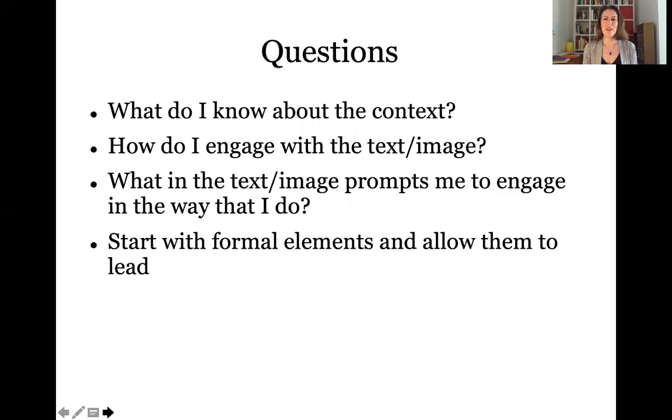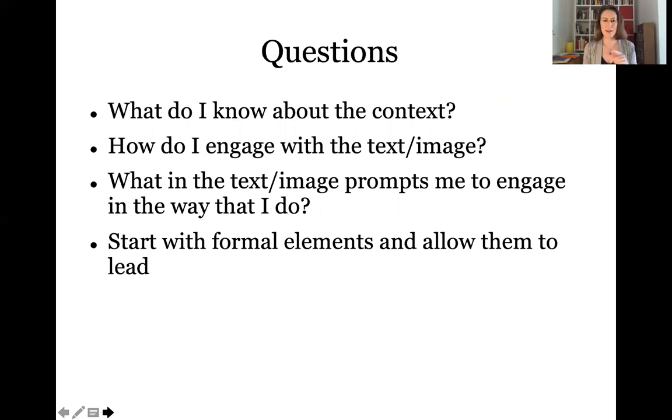Anything of that nature can help you begin to think about how you're going to approach what it is that you're looking at. The next question may sound kind of personal, but I'll show how that can really help guide our processes of interpretation. The question is, how do I engage with the text, or how do I engage with the image? And this might be something like noticing how it makes you feel, or what it is that you look at first, or what it is that your eye is drawn to, or the part of the text that has the strongest impact on you. And think these things through for yourself, because then this draws you to another question, the next question I have there.